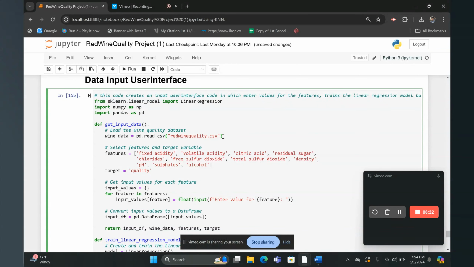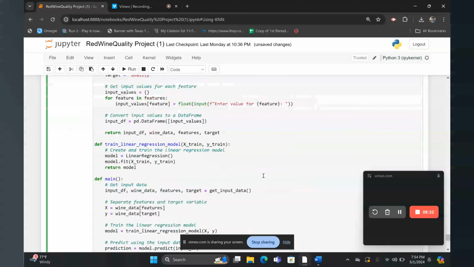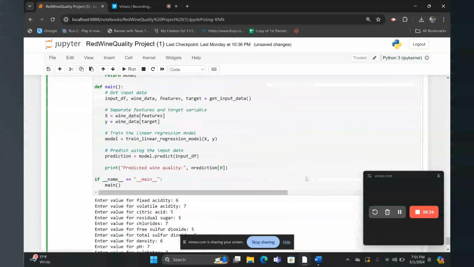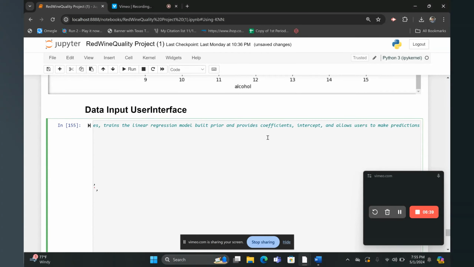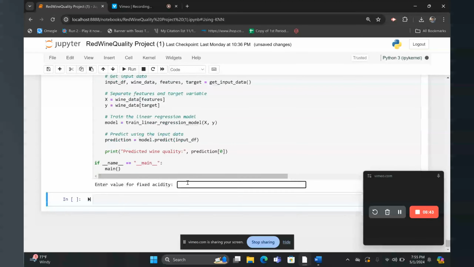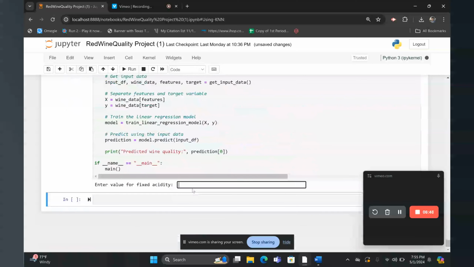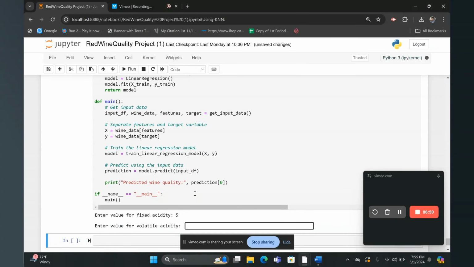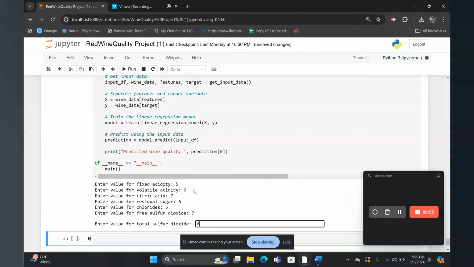This code creates an input user interface where you enter values for the features, uses the linear regression model that we trained before, and provides coefficients, intercepts, and allows the user to make predictions. So for example, I'm going to run this code again, and we just enter values for each feature that we have in the red wine. We can either do 5, 6 to make some good quality, 7. So we just put random ones,